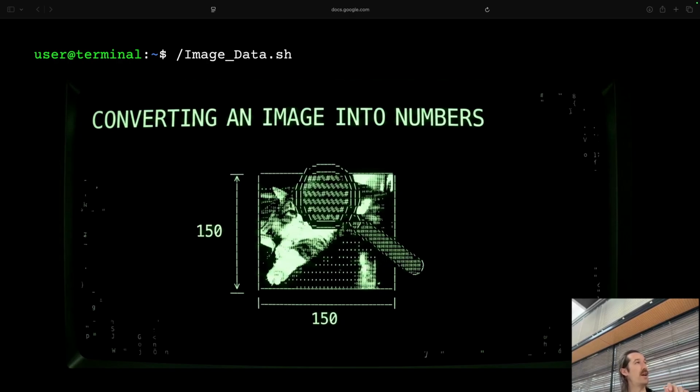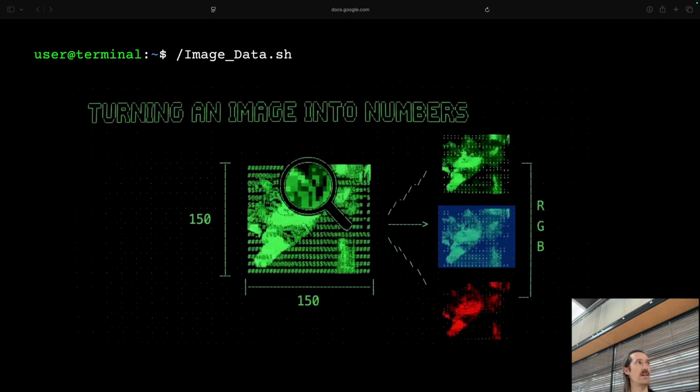But then we also have to transform the pixel itself into a number. And that's getting tricky now, because how can I turn a color into a number? But as we are talking about digital images, we can easily split them, first of all, into RGB.